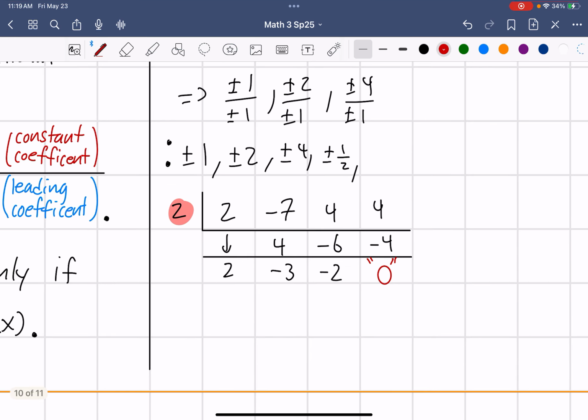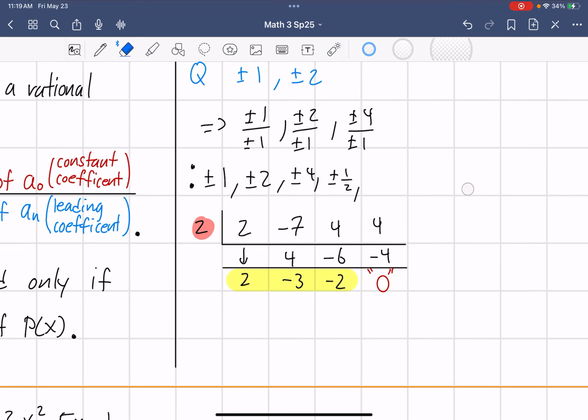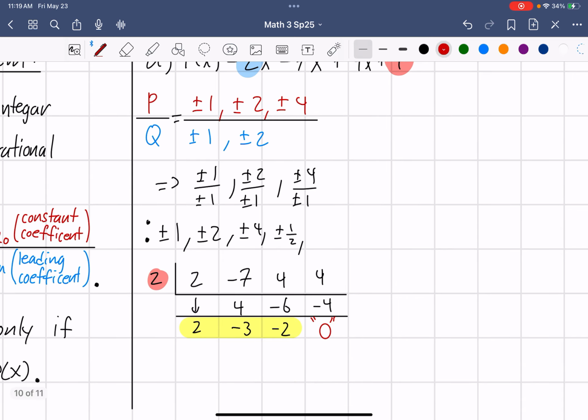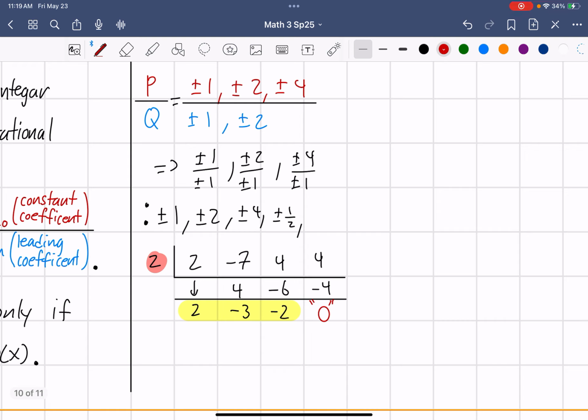Next is, because I did that, I have this new polynomial, right? And there's no remainder to worry about. And let's not forget, the polynomial has now gone from a cube to a square, meaning that we have a quadratic. So that means, sure, can I keep doing the synthetic division to try to find the rest of my zeros? You can, but once you get to a quadratic, you want to be efficient with your